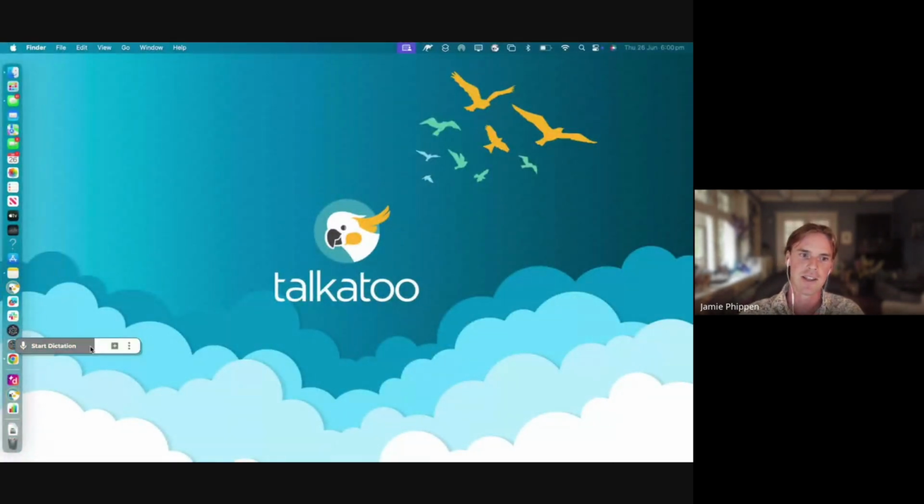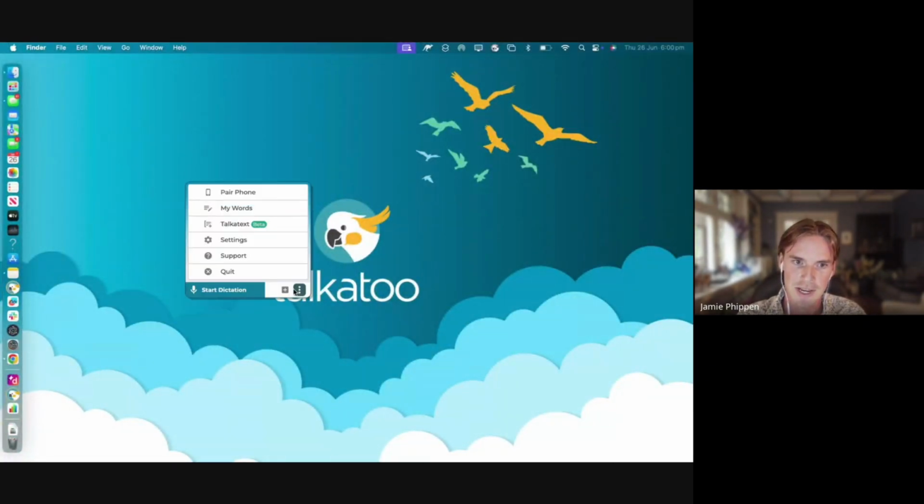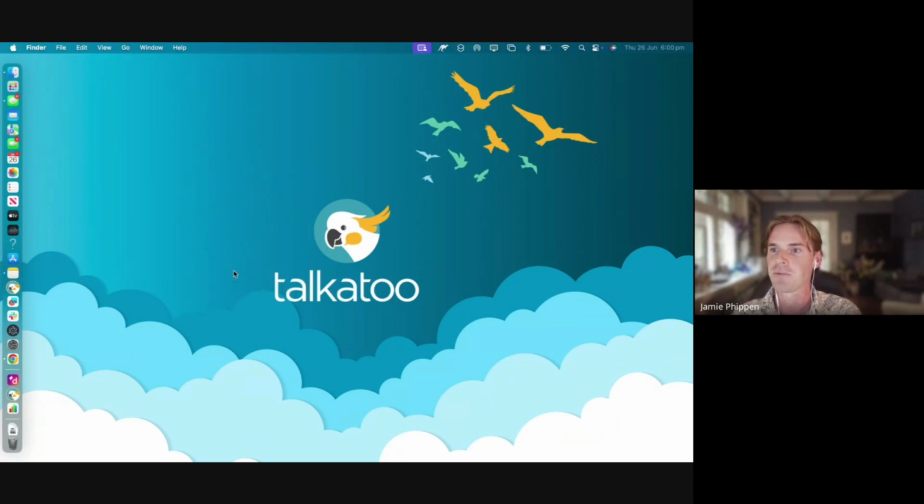Another call out is, if you haven't done this in a while, be sure to quit the desktop app and reopen it. That will usually prompt an update if there's one available. And same with your mobile app, go into the Play Store or the App Store, search Talkatoo up, click on it, go to the app, and there may just be an update there waiting for you. So just a friendly reminder to try that, add your feedback, and